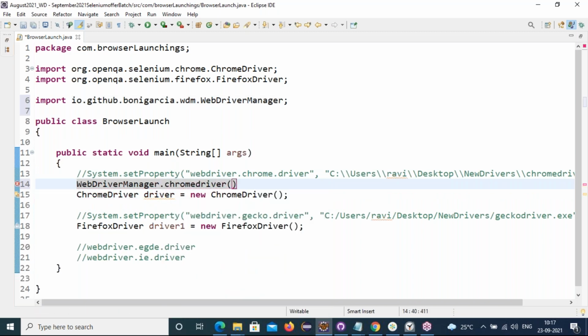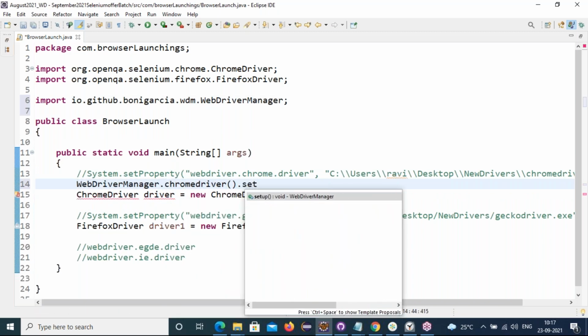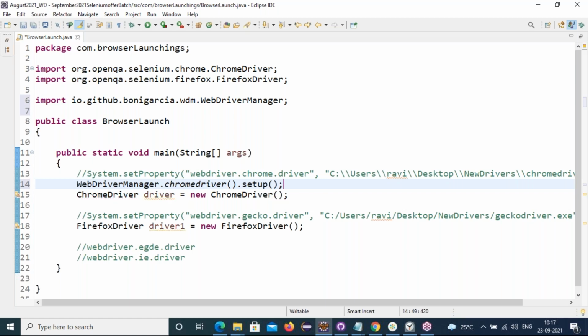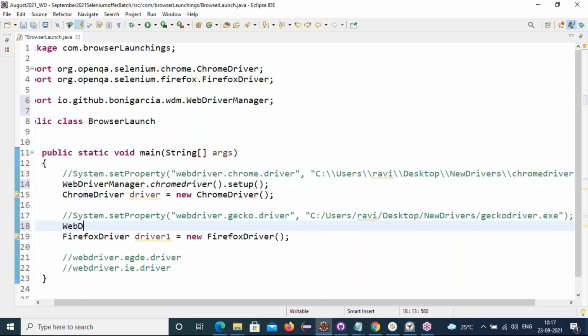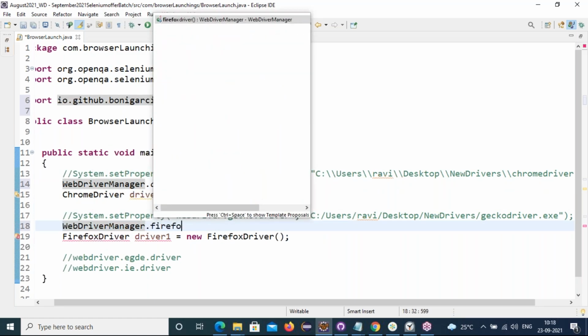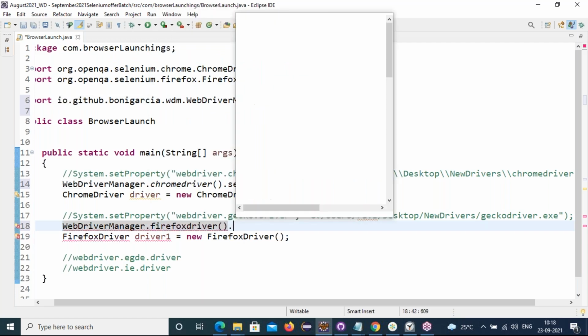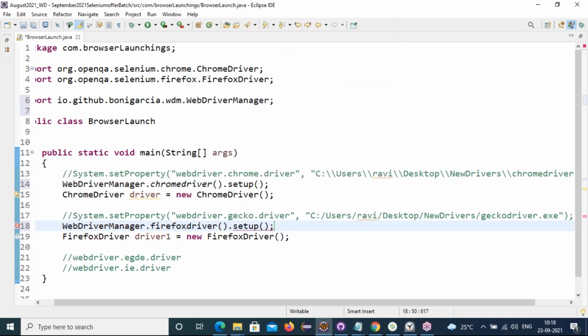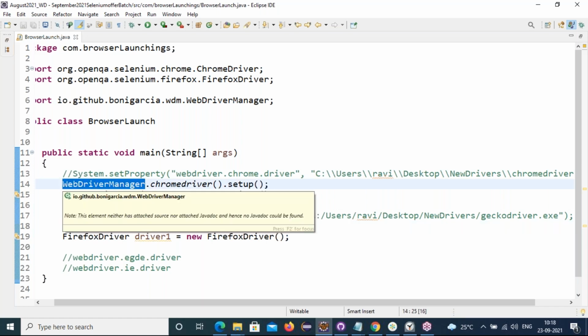WebDriverManager.chromedriver().setup(). That's it, friends. And WebDriverManager.firefoxdriver().setup(). That's it. The WebDriver Manager will take care.